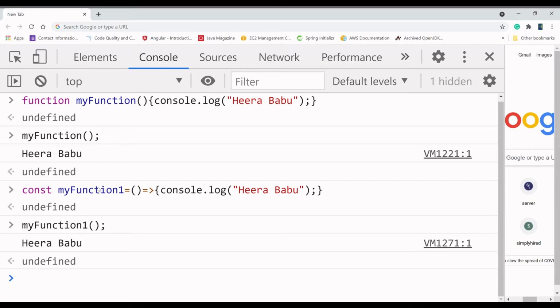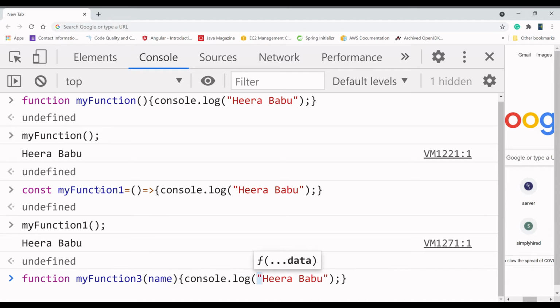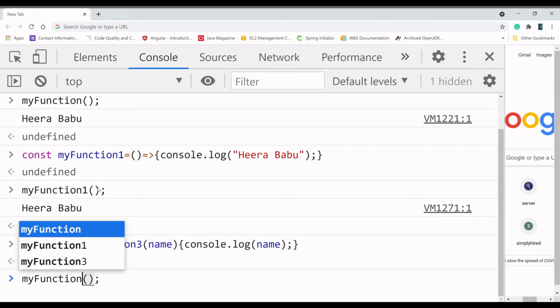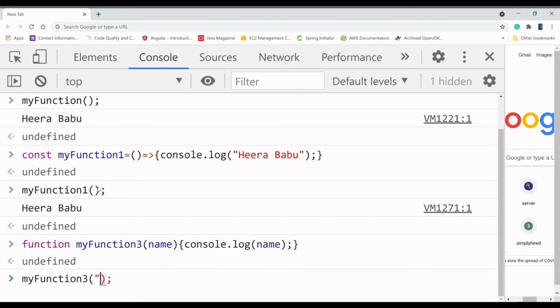As you can compare, if we want to see a console value with a parameter, my function 3 is there, and I'm going to pass the name at the time of calling, so that I will console the same value. So this is function 3, and I am passing the name Evelyn.